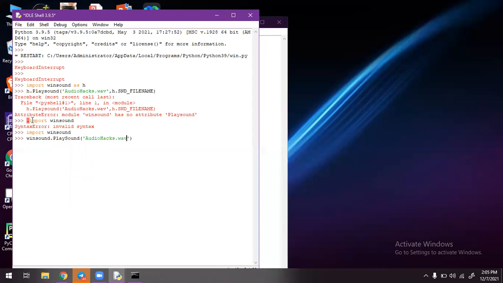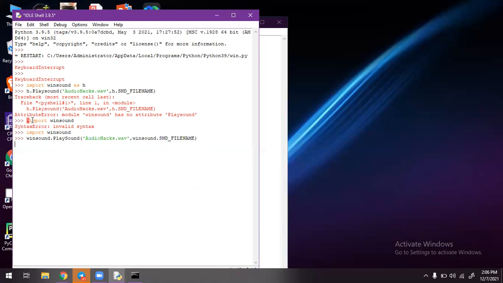It is a wave file. I'm taking comma, then mentioning winsound dot SND_FILENAME. Okay, so if I hit enter,